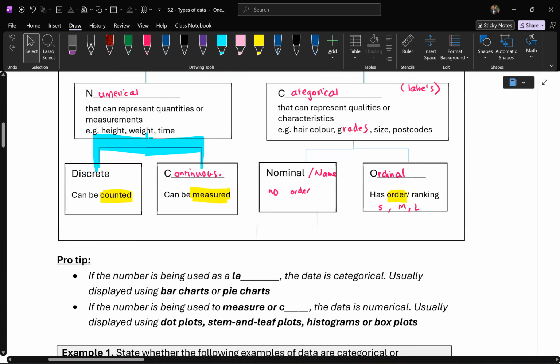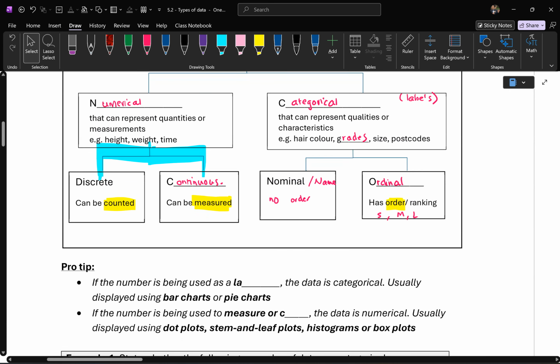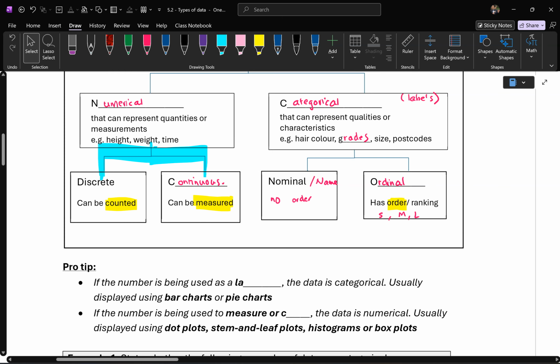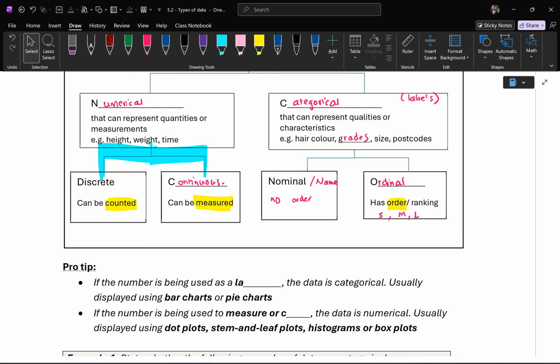Now, what type of graphs fall under which? That's later, I'll explain, but I've already kind of organized it for you. For those who want to do exams, this is what you must know. Pro tip. If the number is being used as a label, so the data that you're looking at,